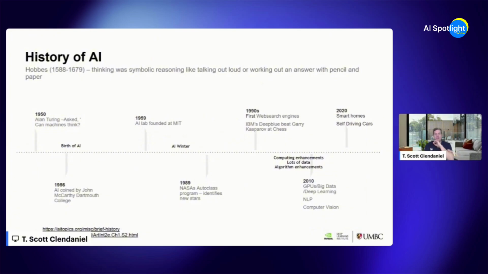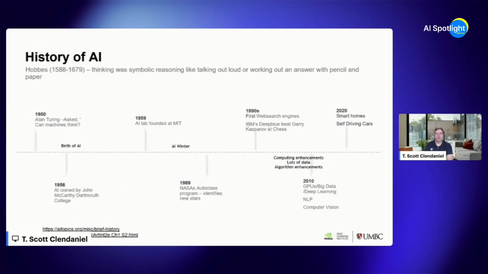In the 1990s, there were the first web search engines, what most of us call just search engines. The origins of companies for search were Yahoo, Alta Vista, neither of which are doing so hot. But these are the origins also of what became Google and now Alphabet. And then there was a famous chess match where IBM's Deep Blue beat a world champion chess master named Garry Kasparov. There's a lot of controversy about that, which we may get to in another class, but not today. But these were some of the landmarks.